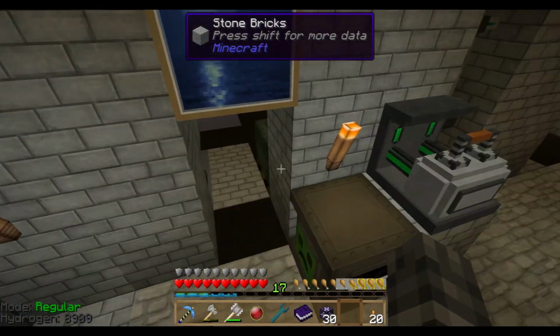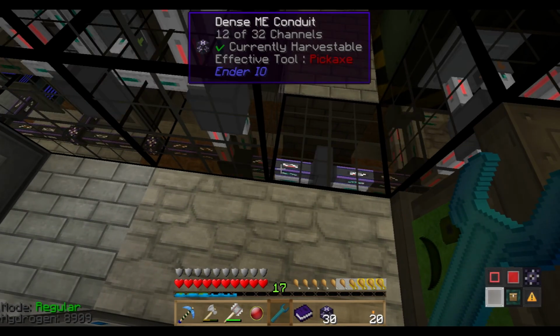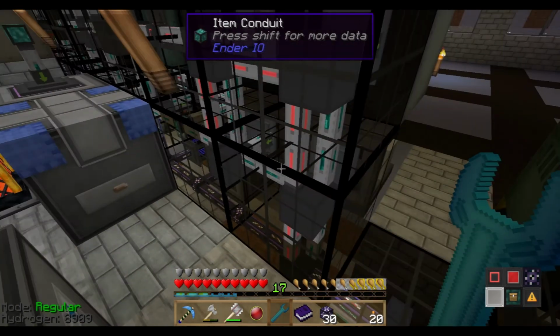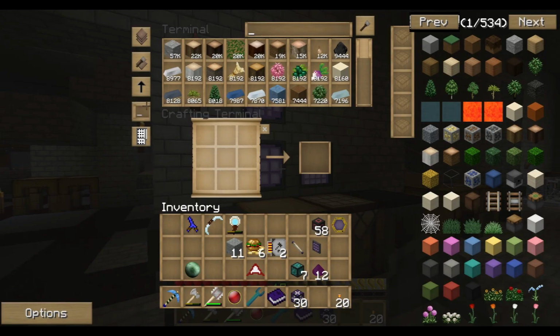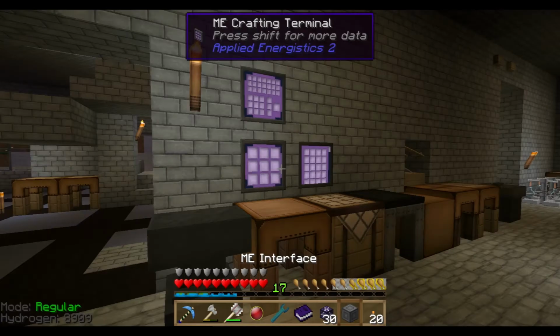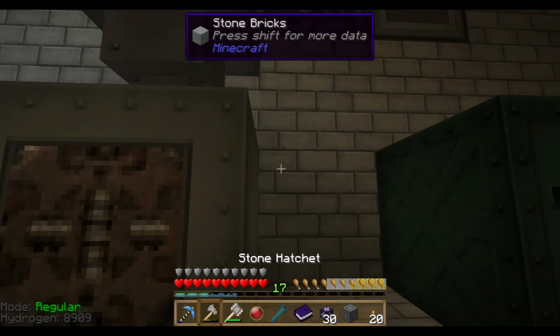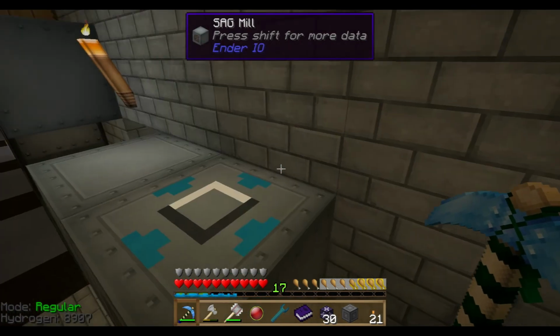So where is my main line here? There it is. 12 of 32. All right, we still got room on the channel here. Good. Thanks to my subnet, the subnet's not overloaded anymore. Ah, excellent. Yes. All right. It's SAGMill interface time. Out with the